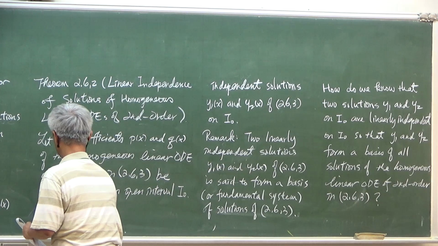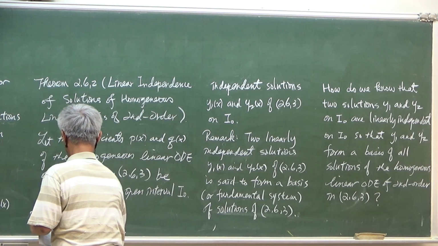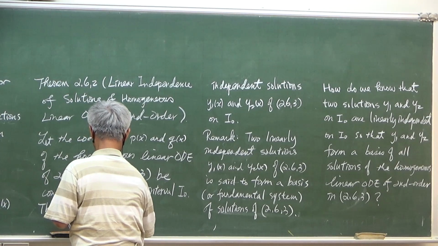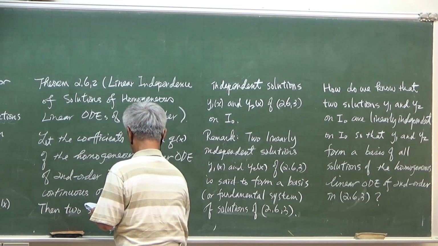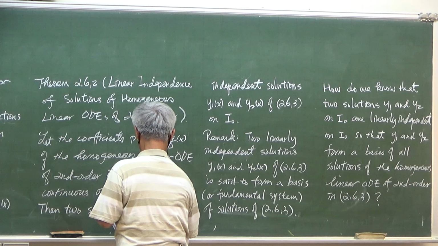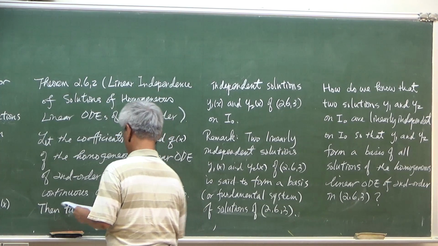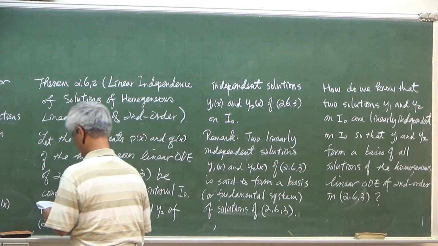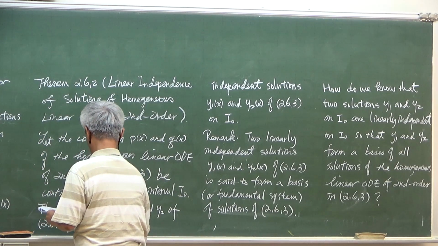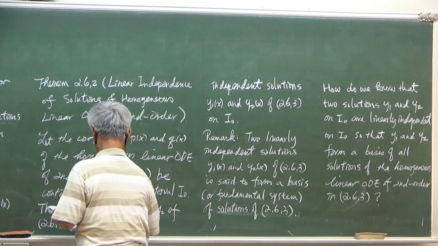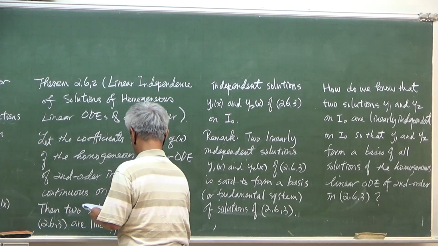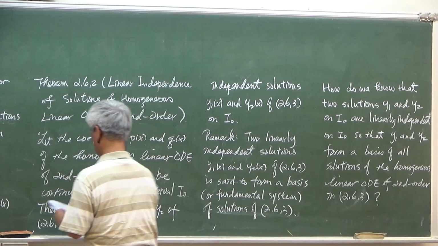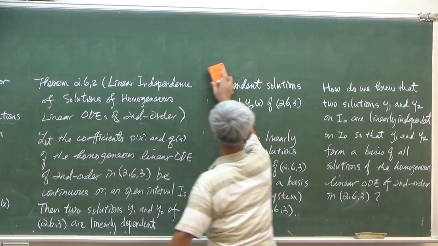Then two solutions y1 and y2 of 2.6.3 are linearly dependent